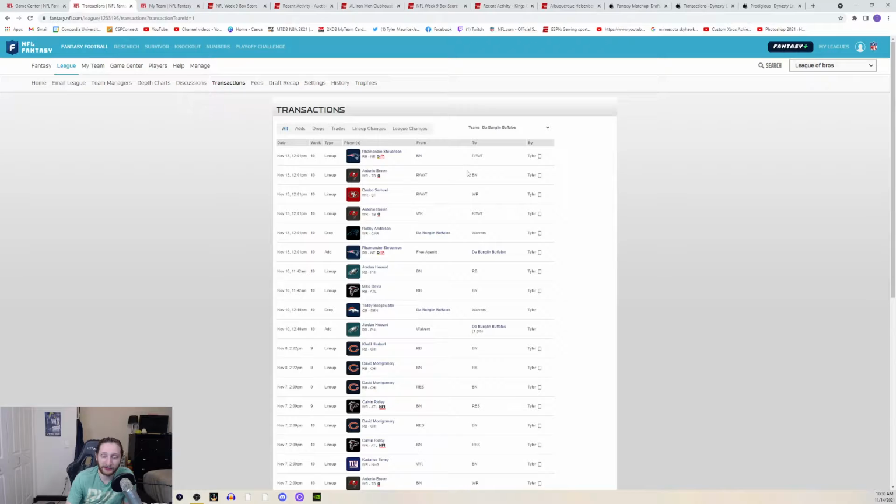But after week 9, we made a few transactions here. I picked up Jordan Howard for $1. We have $200 FAB dollars that we started with, so that's 1 out of 200. And I dropped Teddy Bridgewater because I don't need him anymore, because Tom Brady's coming back this week. Jordan Howard I picked up as someone who I'm probably going to have to play this week. He's filling in for Miles Sanders, their normal starting running back. Jordan Howard has been seeing some volume. He's gotten in the end zone a little bit.